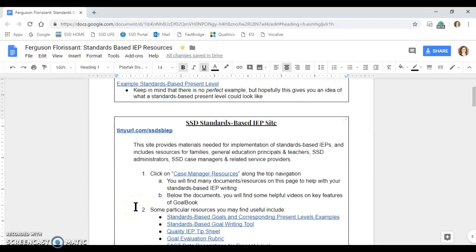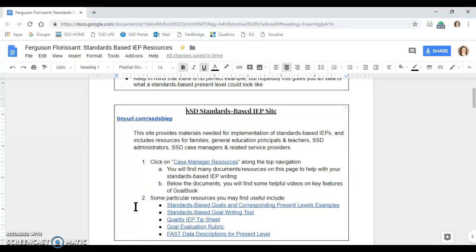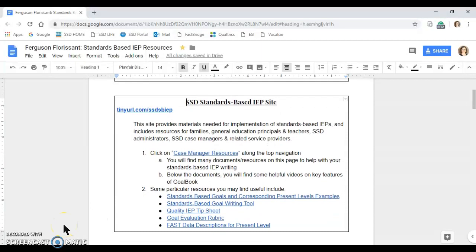The next section on this resource is about SSD's standards-based IEP website. This website has tons of resources for case managers, related service providers, families, administrators, and gen ed teachers as well. So there is a lot to explore, but I'd suggest starting with the case manager resources. And there are a lot of documents to help you develop your IEPs. And below the documents, you'll also find a lot of helpful Goalbook tutorial videos, which I've also linked in this